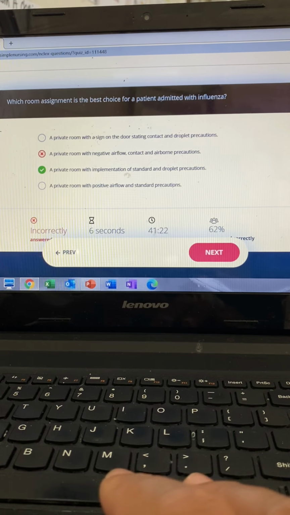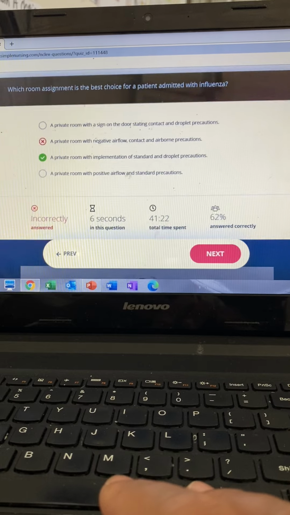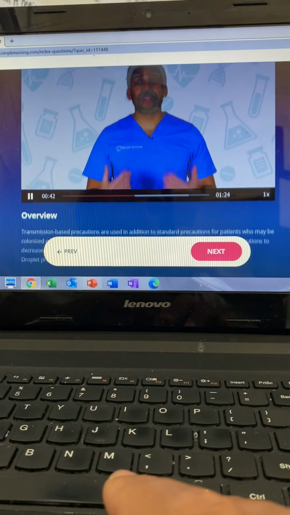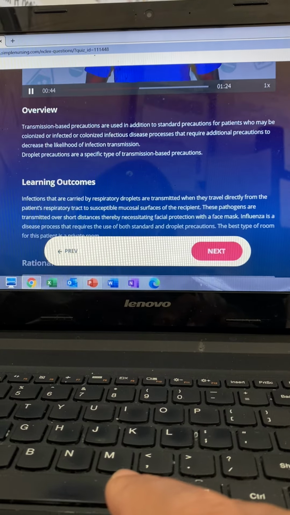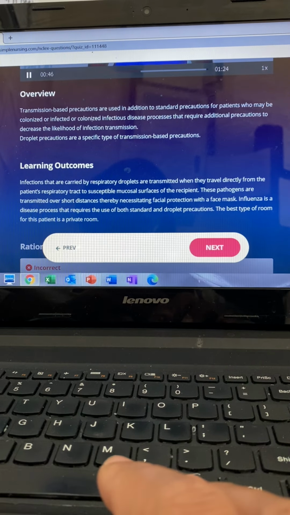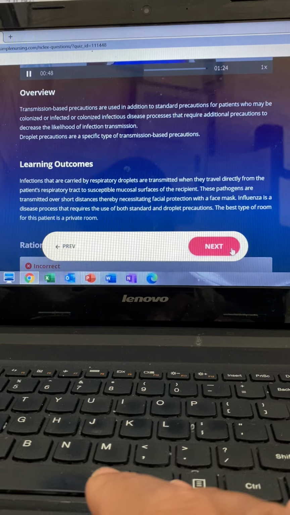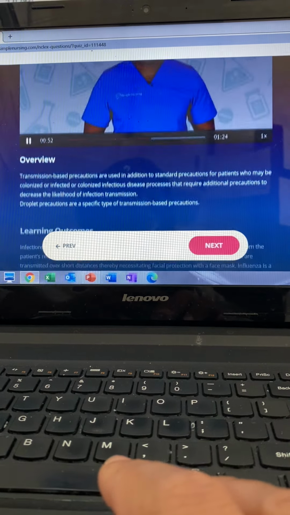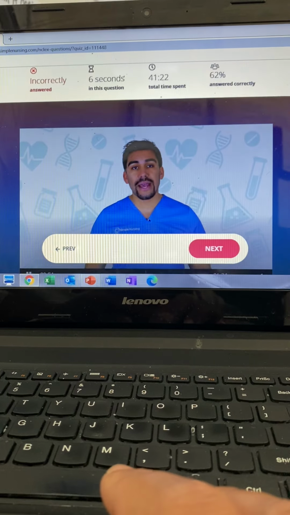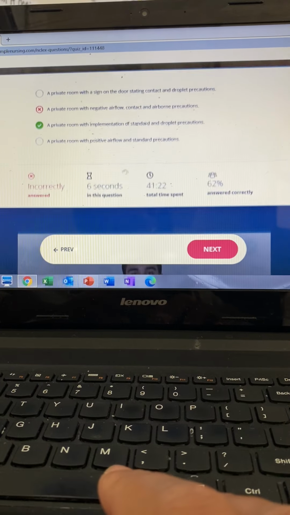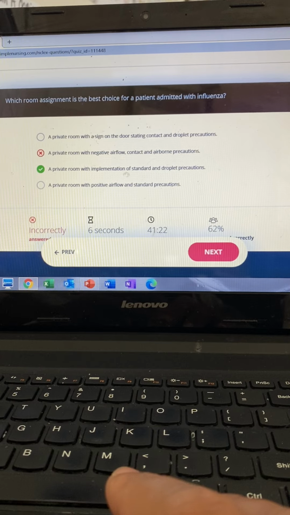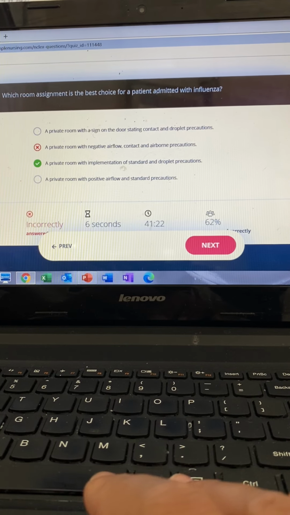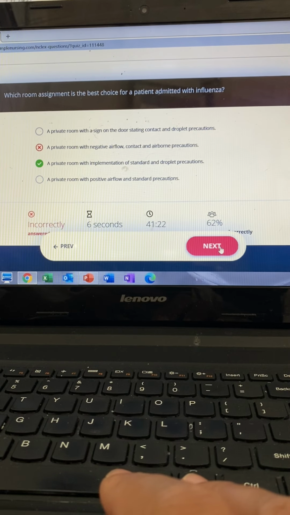So guys, the solution we're looking for are appropriate ways to place this client into a room. So option number 1 is incorrect here. A private room is good, but guys, the flu is not contact precautions, it's droplet here. And option 2, once again, private room is good, but the flu is not airborne or contact, guys, it's droplet. And option 3 is correct. Again, private room is good because the flu is on a droplet precaution there. So guys, just remember,